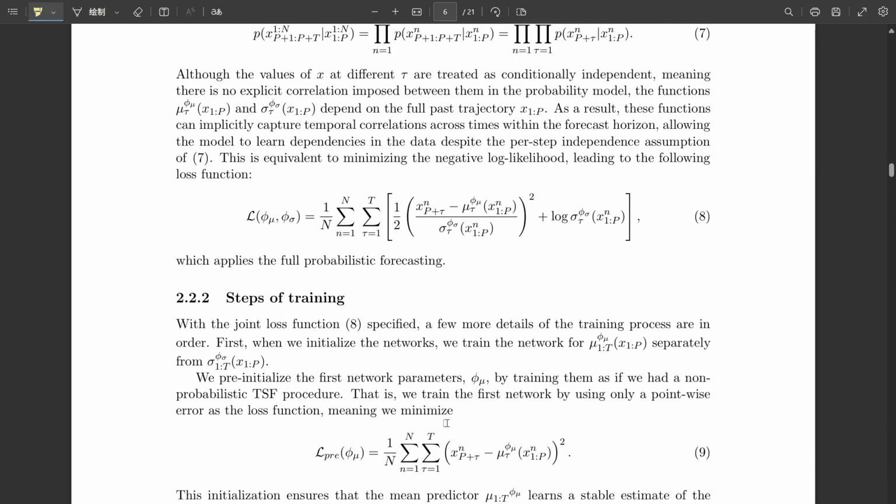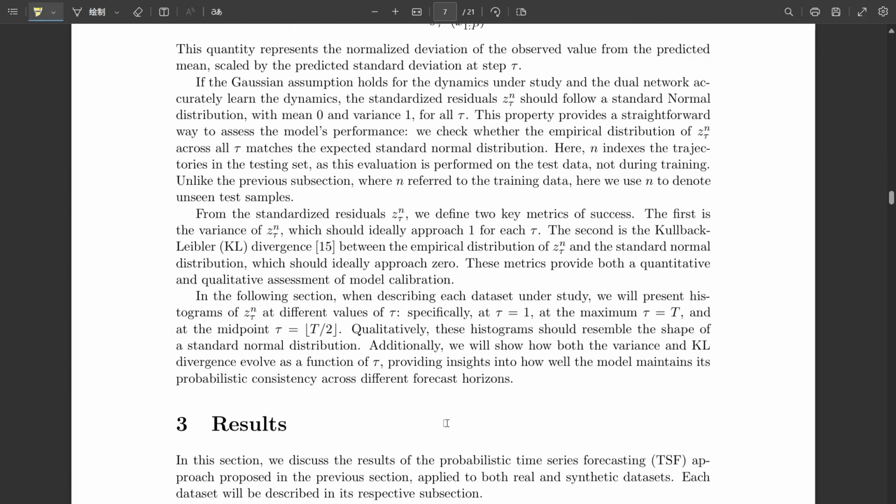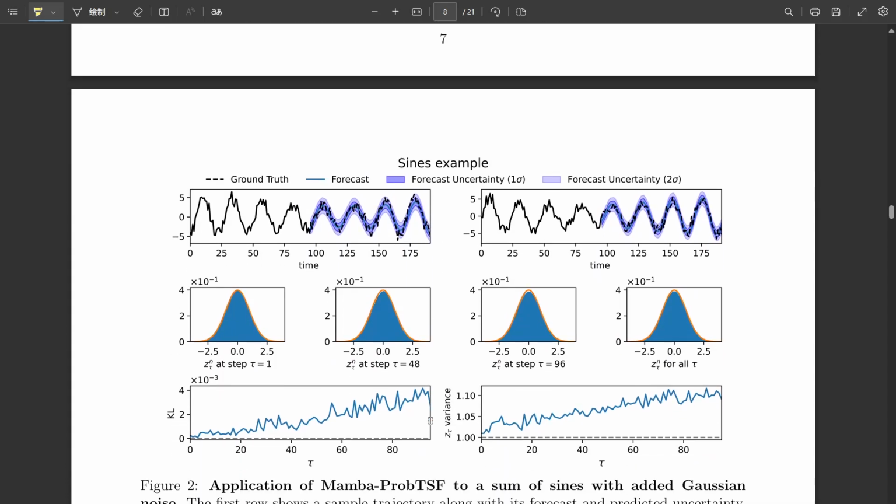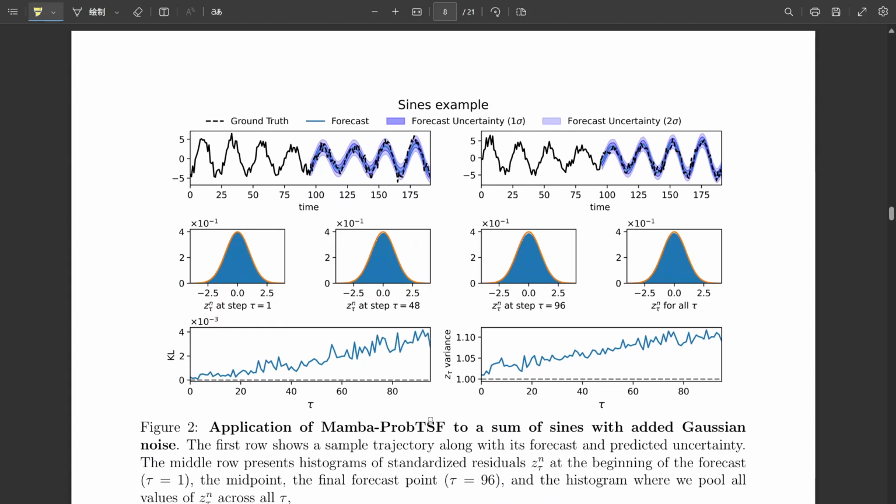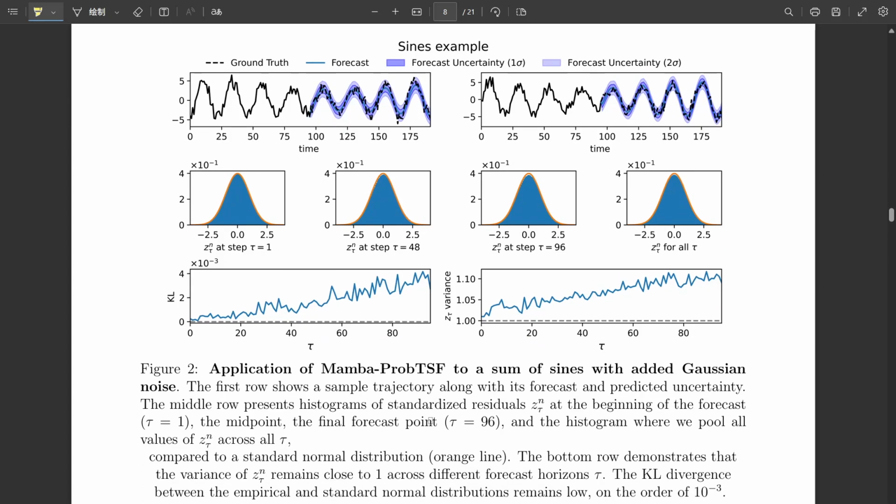Precisely. And here's a really interesting detail from the supplemental materials, actually. You might think, just use S-Mamba for both networks, right? Yeah, seems logical. But it turns out, for this sigma network, when they tried S-Mamba on the real-world data, electricity and traffic, it tended to seriously overestimate the uncertainty. Really? The architecture that's good for the main pattern isn't good for the pattern of the spread. Kind of surprising, right? On synthetic data, where the noise was perfectly controlled Gaussian noise, S-Mamba for sigma was fine. But for the messiness of real data, a simpler approach actually worked better.